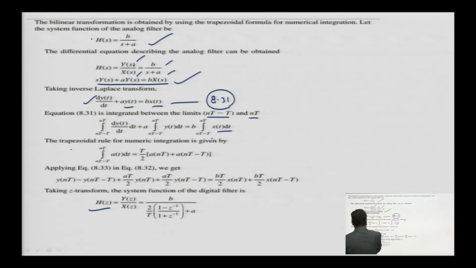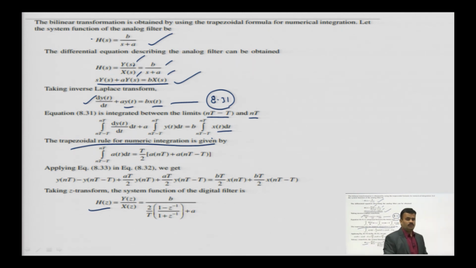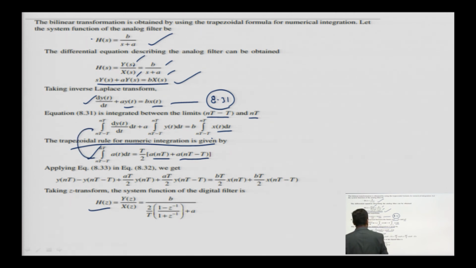Now, we know the trapezoidal formula for numerical integration. By the trapezoidal formula, the integral of a(t) dt for the limit nT minus T to nT is equal to T by 2 times a(nT) plus a(nT minus T). Now, applying this formula into the equations,